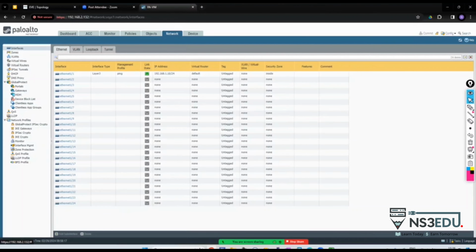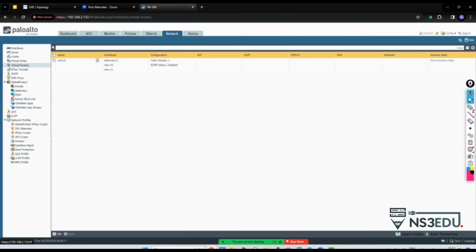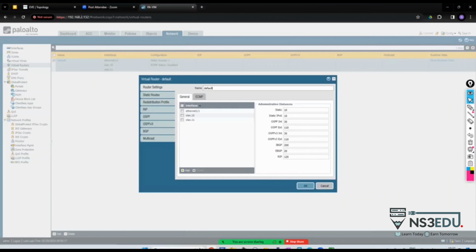How can we test? We are gonna do ping with the help of CLI. We will do that later, after creating the virtual router, and then we're gonna test that. So now we are gonna go into the default one, as I have told you that this default is